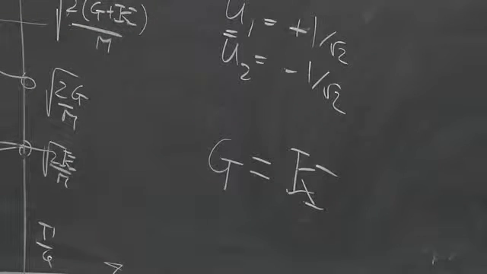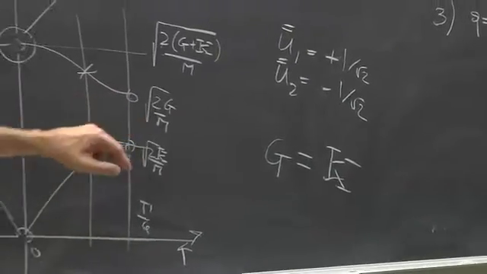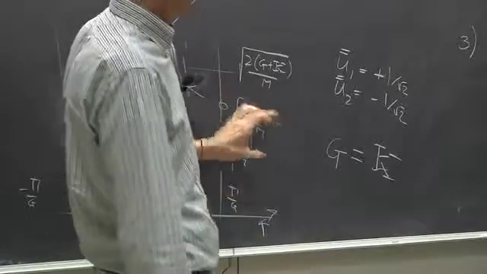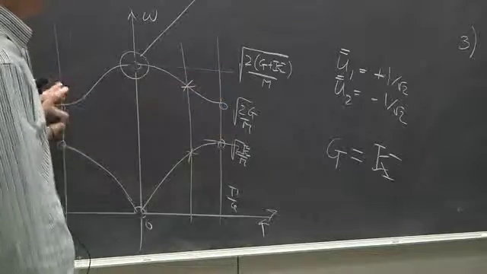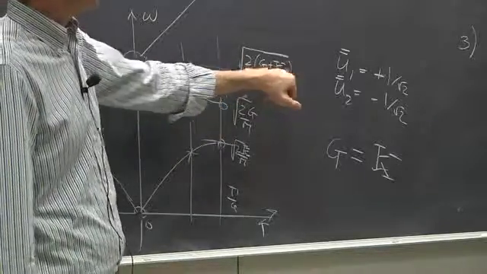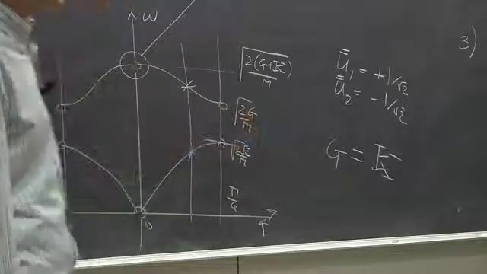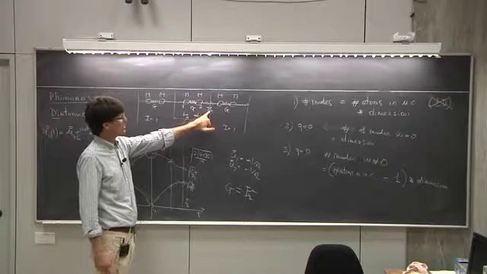All right, well, there are a number of interesting things. First, these 2 points merge, become the same point, right? There's nothing wrong with that, right? We can do that. We can put G equals K. These 2 points merge. This point becomes 4 times G, or 2 times square root of G over M. But notice, look at this. If I make G equals K,